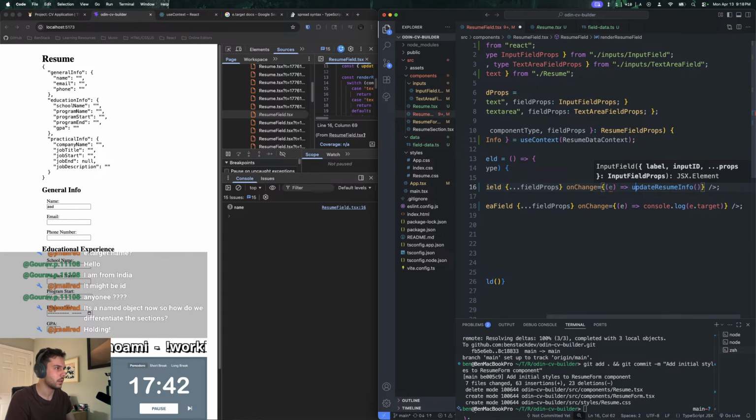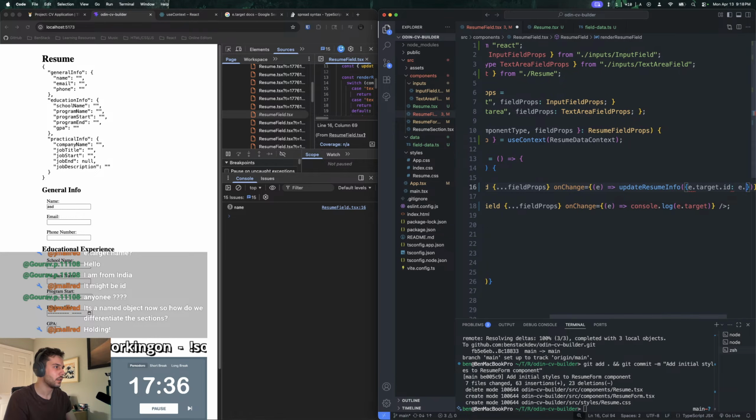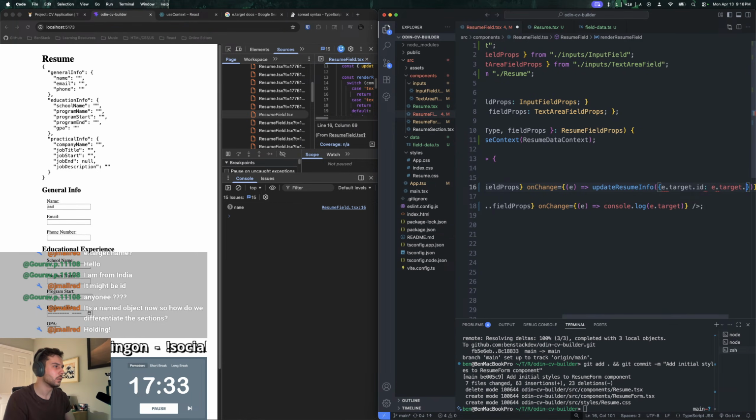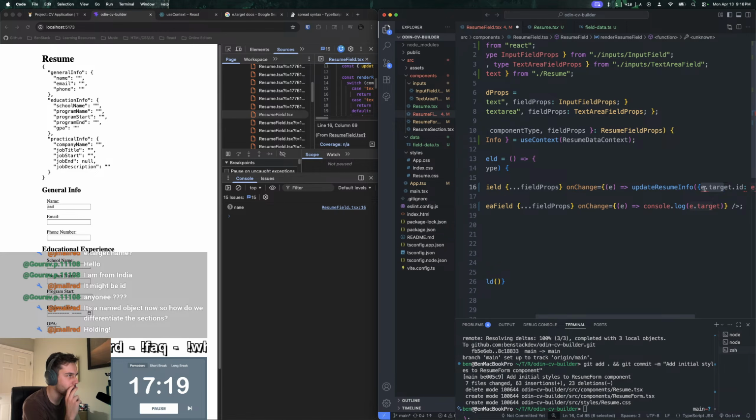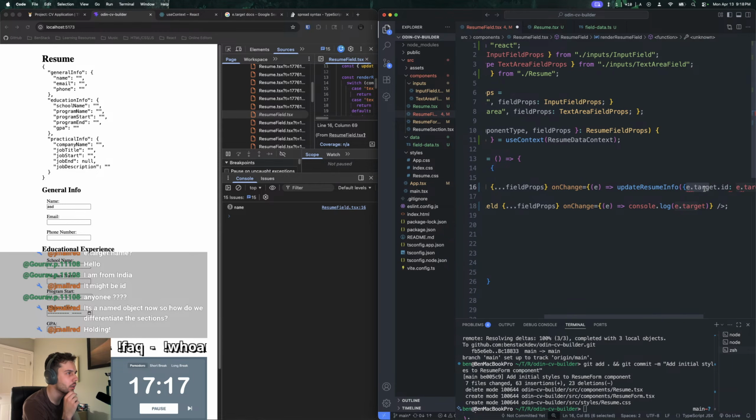E is e.target.id and then e.target.value. Something like this. I think it's something like this, right? I don't know exactly, there's an error here. But